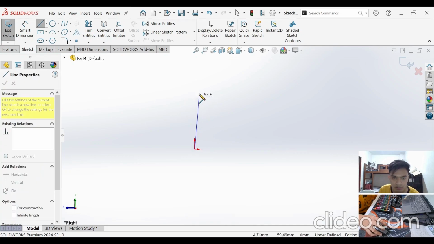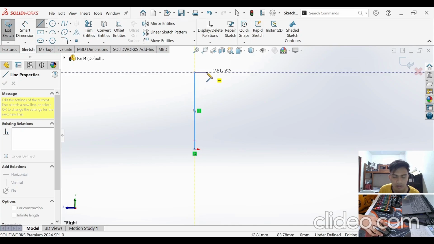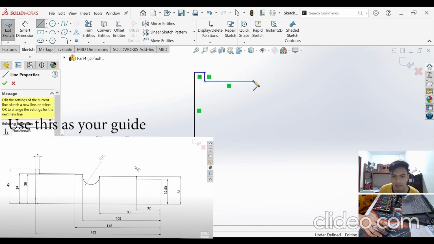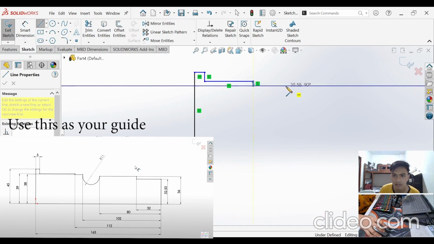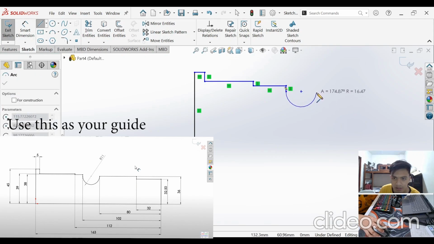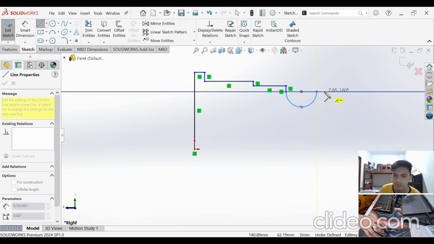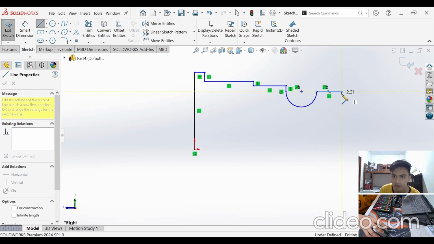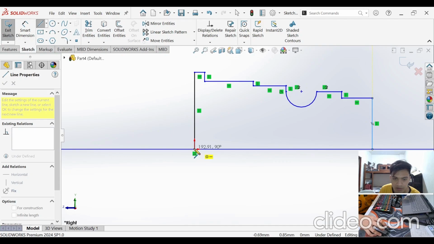Starting at the origin, let's make a line pointing upward, then going to the right, going down, going right again, going down, right, down, then stretching the pointer and going back to its point again. It should give us an arc line. So proceeding with the line, going right again, down, right, straight down, which lets us complete the shape.